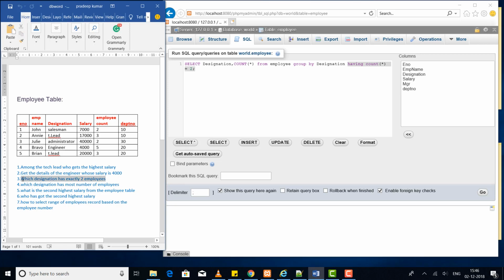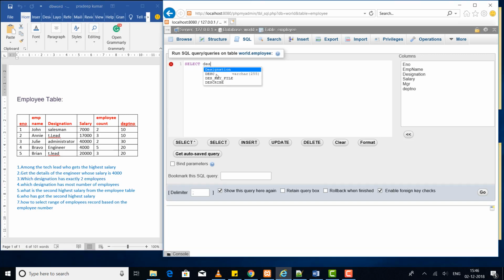Let's move on to question number 3. Which designation has exactly 2 employees? Let's write a query for that. Select designation, count of star from table employee, group by designation, having count of star